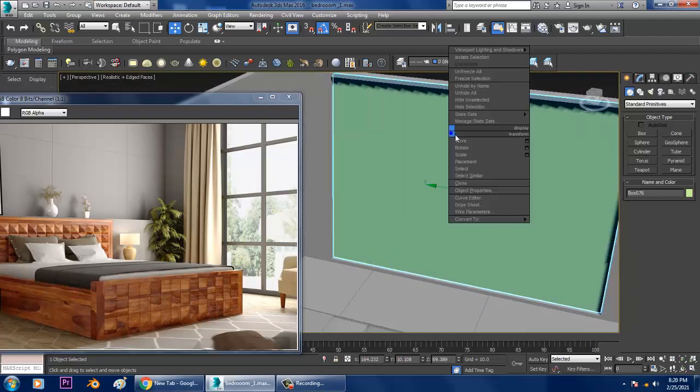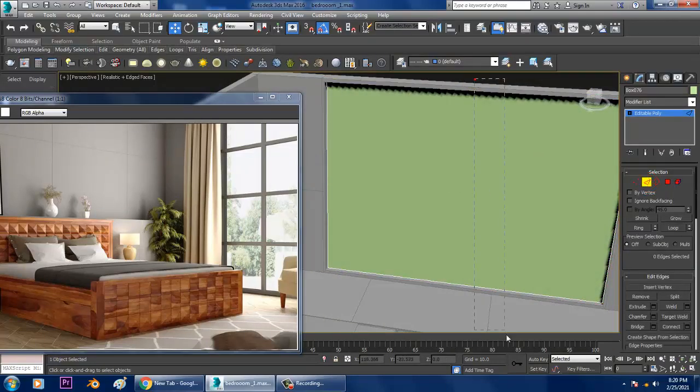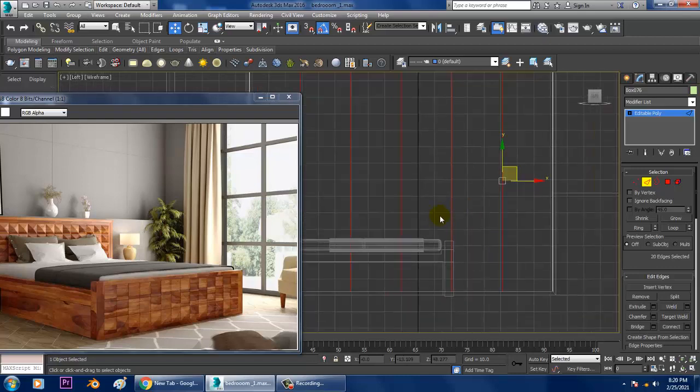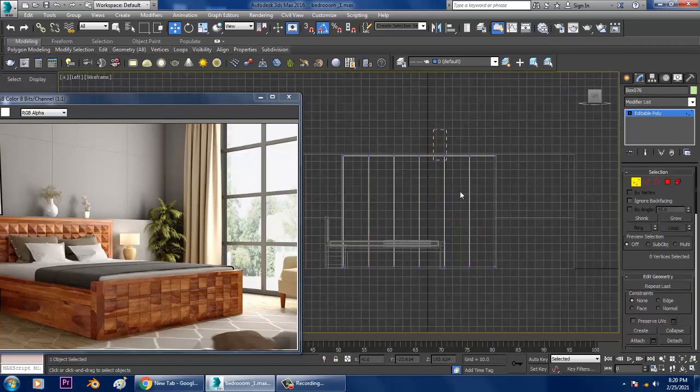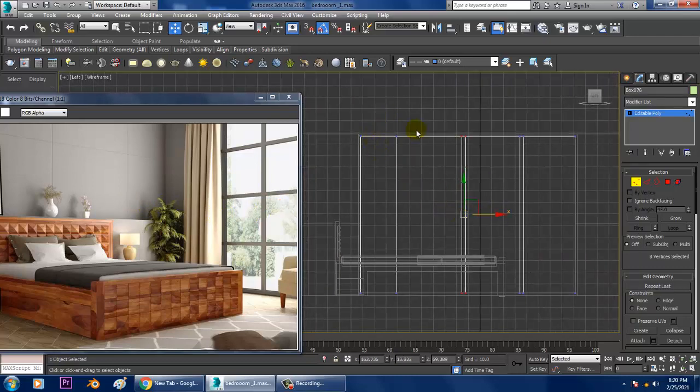I'll convert to editable poly, select these edges, connect it. So very first of all, I'll go into this view, vertices, scale it from the side over here, and we also need one more loop over here.